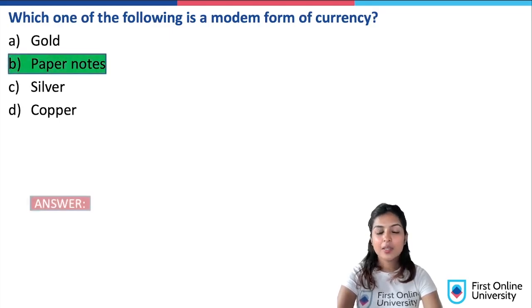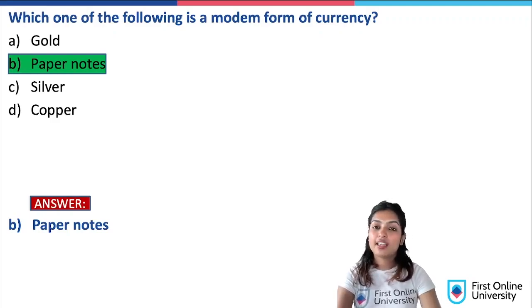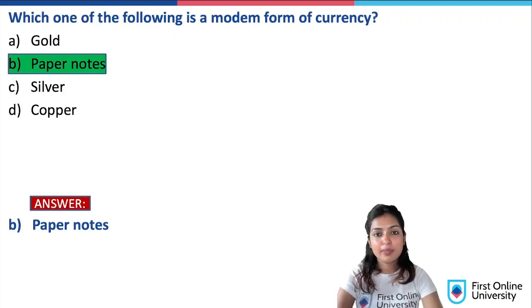The answer is B. Paper notes. Gold, silver and copper are the ancient forms of currency that were used in the ancient and the medieval periods of